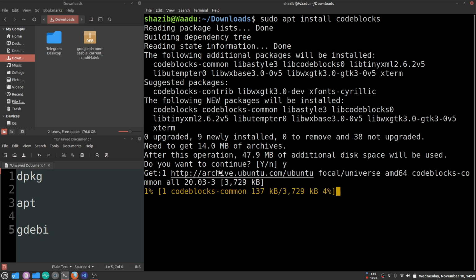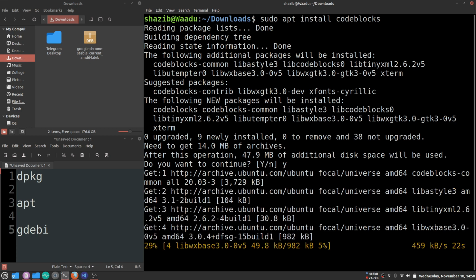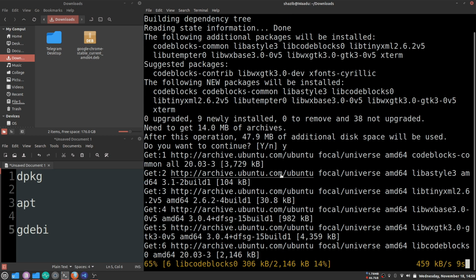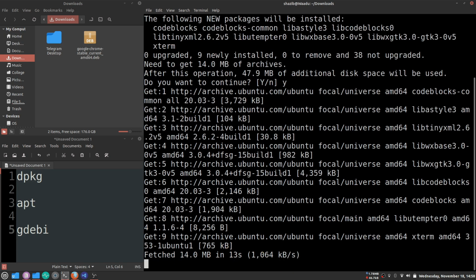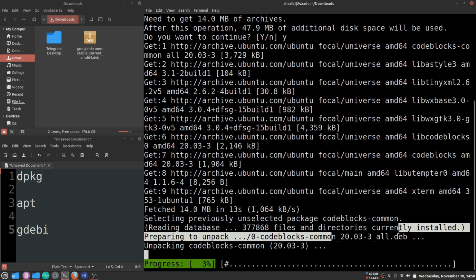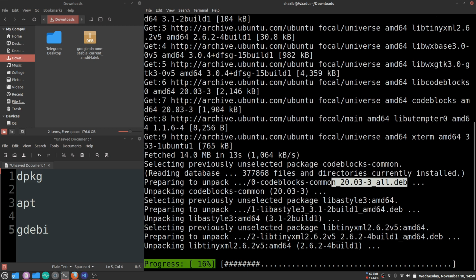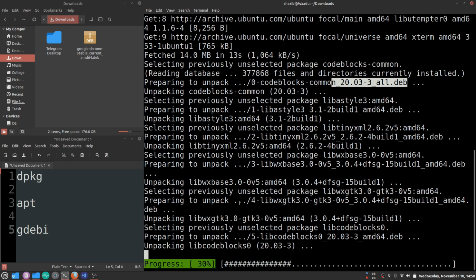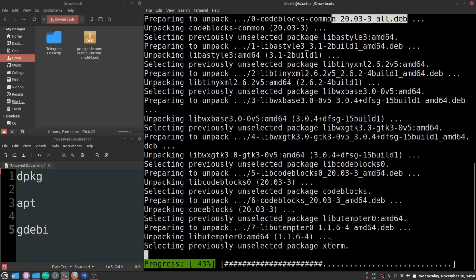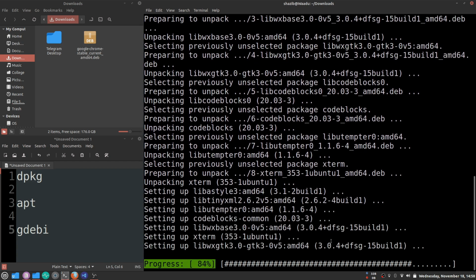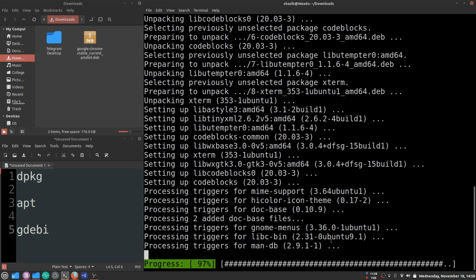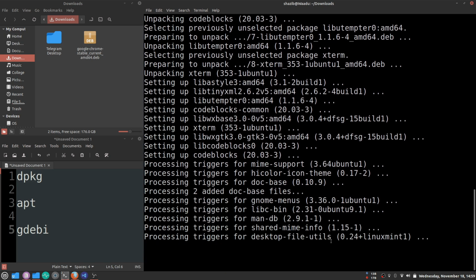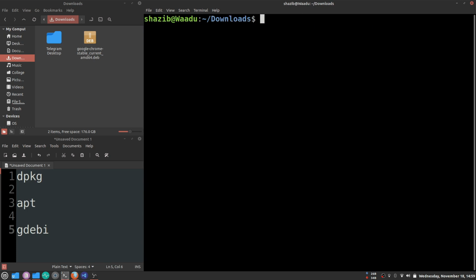As you can see, it's downloading codeblocks from the internet, and now it's installing the .deb packages. That's how you install an application from a repository.